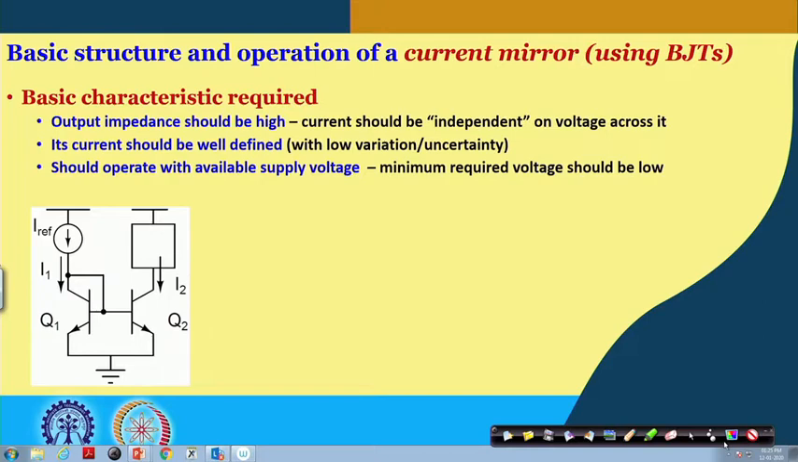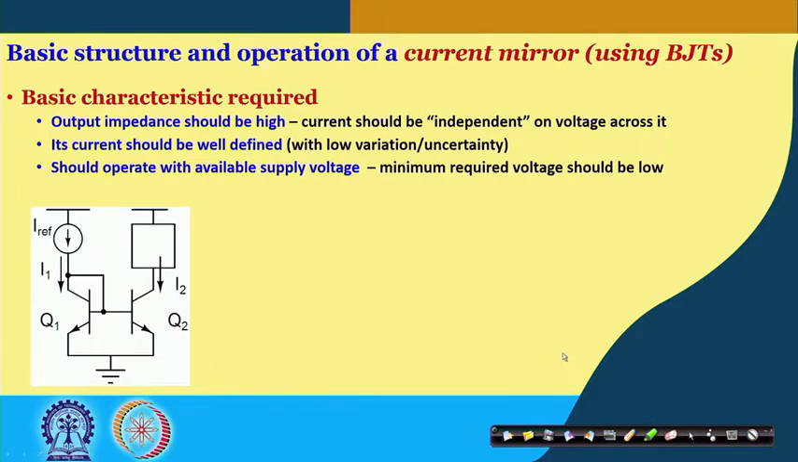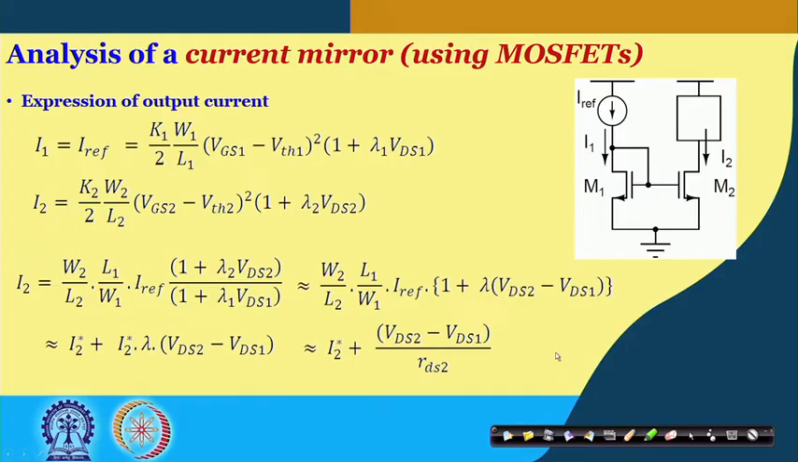We are talking about the basic structure of current mirror, both BJT and MOSFET versions, and now we are going to discuss in more detail the expression of the output current and output resistance of those current mirrors. To start with the analysis of current mirror, we have here the circuit,